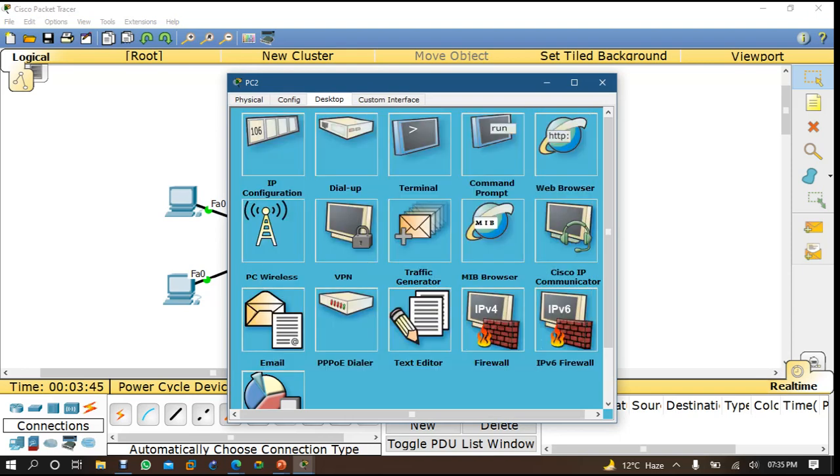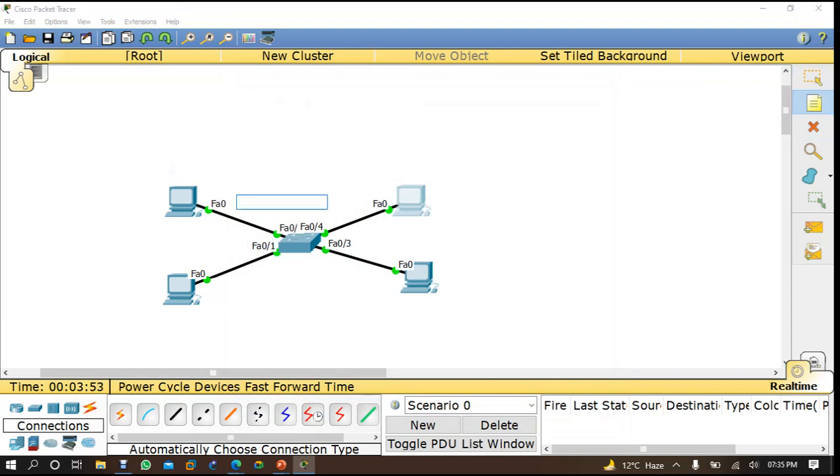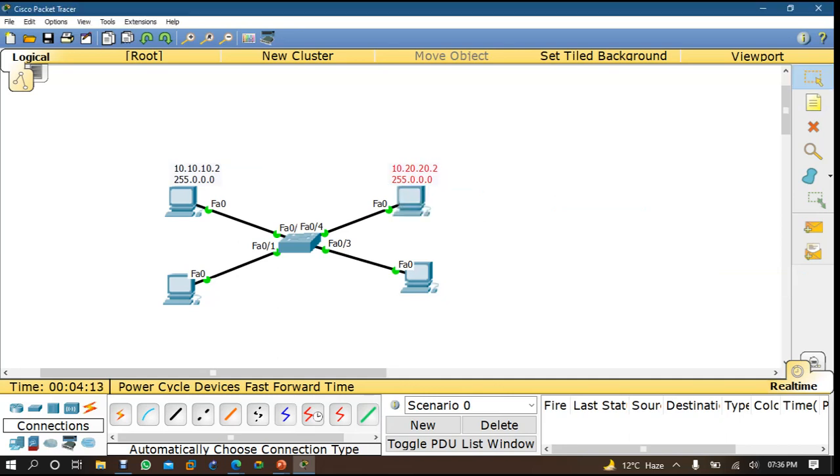The subnet mask is okay because according to our scenario we are using the default subnet mask of class A, which is 255.0.0.0.